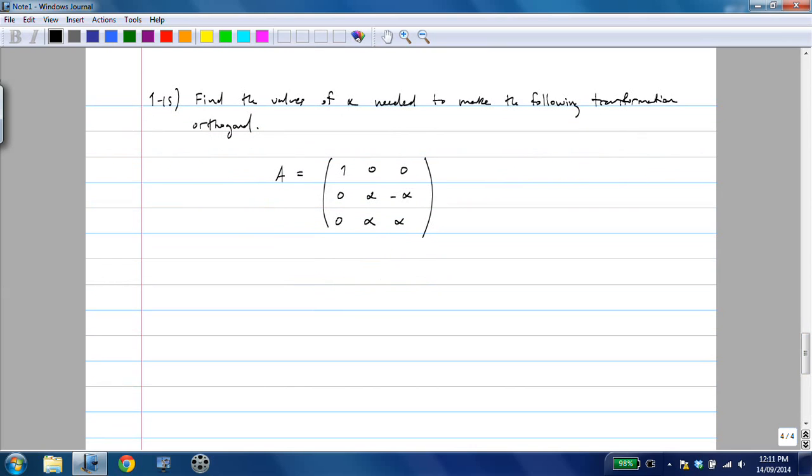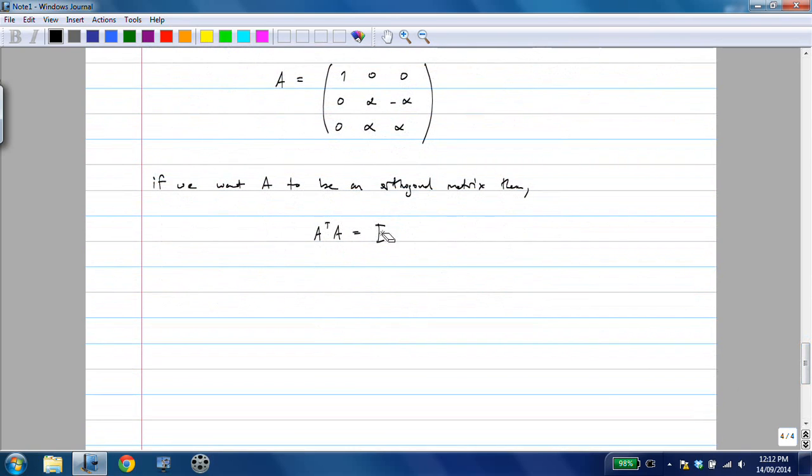So if we want A to be an orthogonal matrix, then we want the following. We want to have A transpose times A equals I, where I is the identity matrix, in this case a 3 by 3 identity matrix. So if we write down A transpose A, we'll get